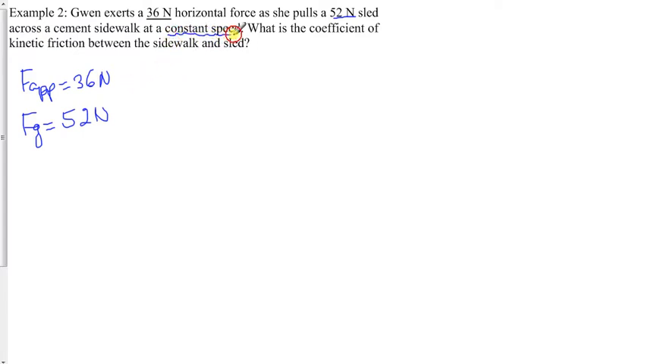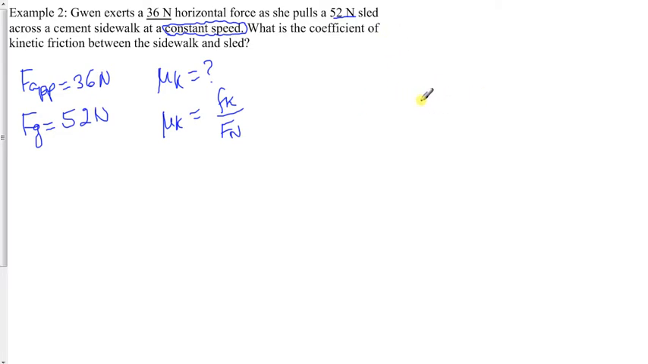This term here is actually very important. The question is, what is the coefficient of kinetic friction between the sidewalk and the sled? So I have to find mu k. To find mu k, we have to use this equation: mu k equals Fk over Fn. We need to know Fk and Fn, which we don't know anything about according to the given. So following the tips that I gave you before, tip number 1 is to draw a